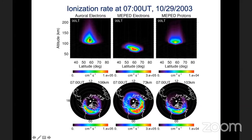So you can see that for the aurora electrons, the peak height is about 106 kilometers, and for MEPED electrons, which penetrate much deeper, all the way down to the mesosphere at about 73 kilometers. And for this particular time, the MEPED protons peak at similar heights as the aurora electrons. So the peak height actually pretty much depends on the mean energy of those particles, and on the bottom, I'm showing the 2D maps of the ionization rate distribution at their peak height,